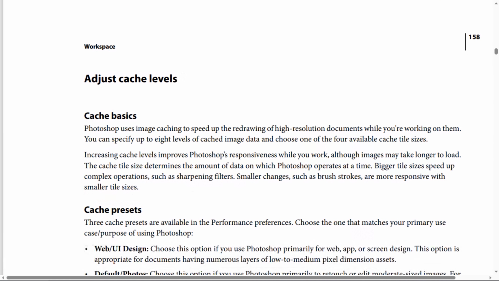So what about adjusting cache? Adjust cache levels. Cache basics: Photoshop uses image caching to speed up the redrawing of high resolution documents while you are working on them. You can specify up to 8 levels of cached image data and choose one of the 4 available cache tile sizes. Increasing cache levels improves Photoshop responsiveness while you work, but images may take longer to load. And the cache tile size